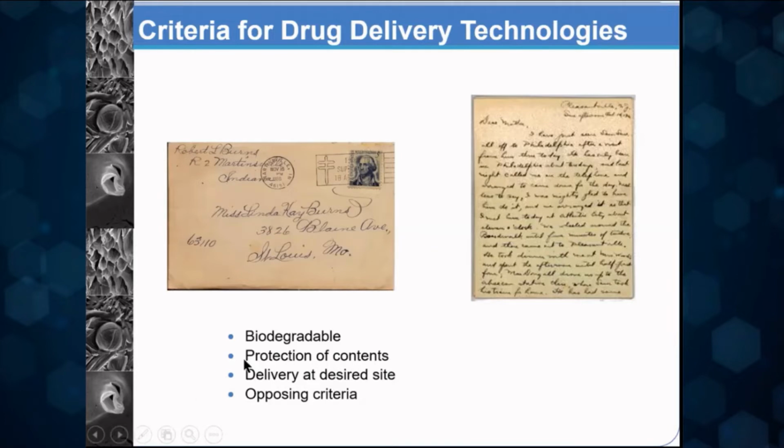Now, the last part that we mention here is what we call opposing criteria. Here I'd like to highlight that on the one hand, for drug delivery and for your postal delivery, we need a feature of extreme rigidity of the envelope so that it does not wear and tear while it is being transported. At the same time, when the recipient actually wants to take the letter out, there must be ways of opening up the envelope. And hence, you have two differing criteria.